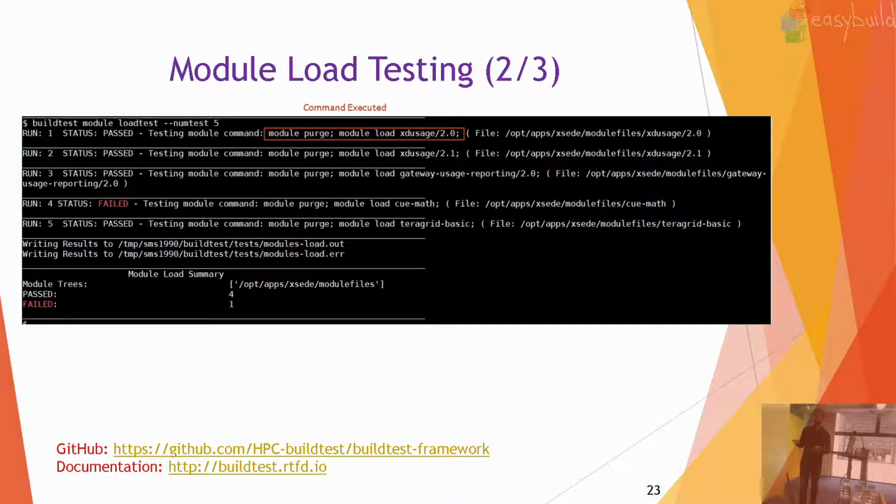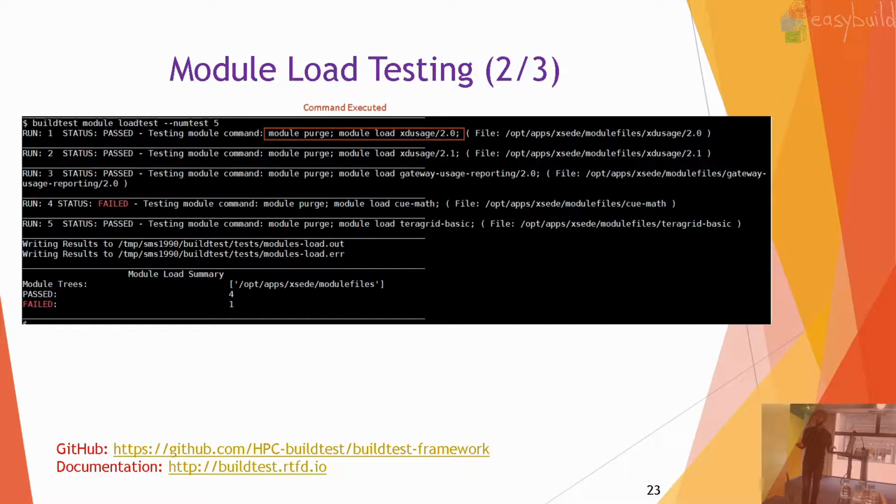And it could be many, and it could take a long time. So num test 5, it will just stop after 5. And this is the command that was run, module purge and then module load. And it will show you the actual module file that's being tested, and then afterwards it'll show you the number of passed modules, number of failed modules, and it will just write out the results in a